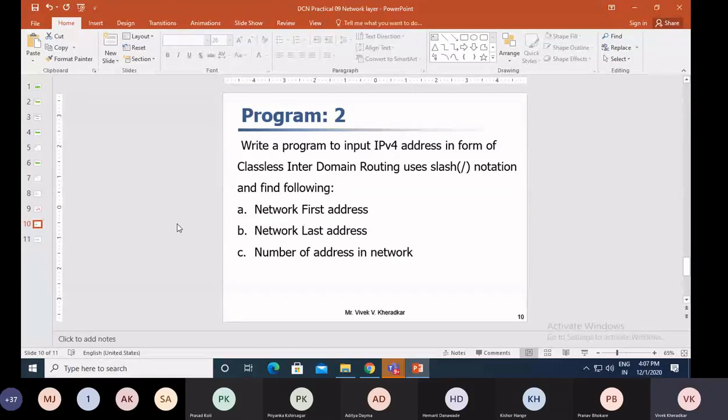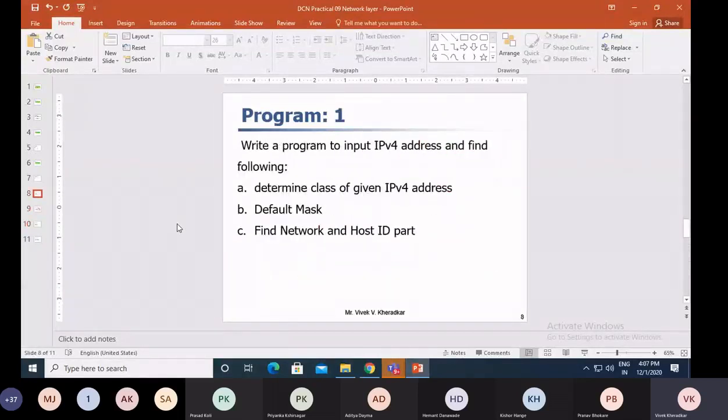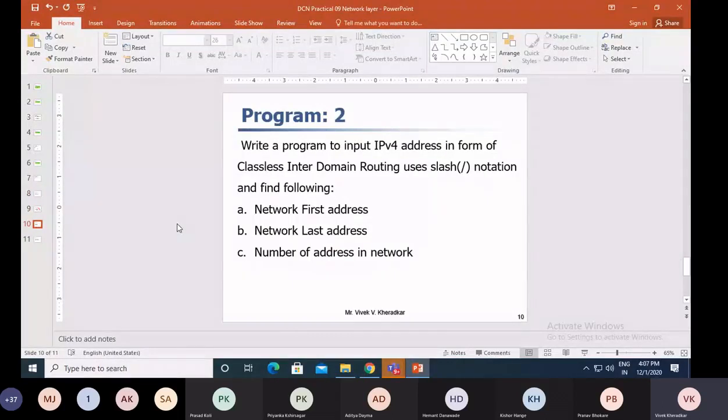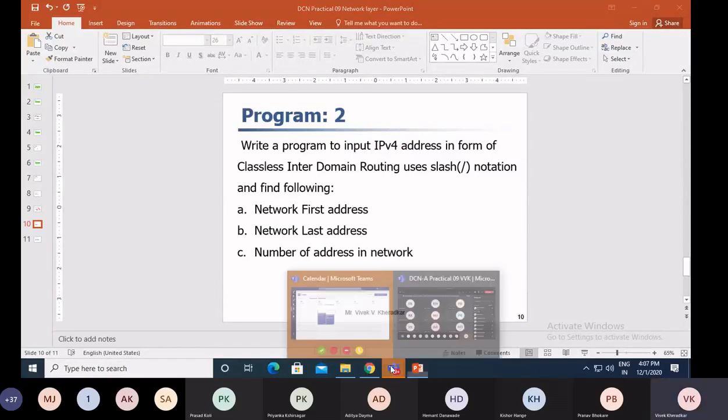But as per your requirement, you have to input the IP address. In the first program, inputting in decimal form is okay. In the second, you have to input in decimal and then convert into binary. So as per your requirement, you have to solve it. There are three ways to input the IP address, but you have to perform it only one time. IP is represented by decimal, binary, and hexadecimal. Yes, any doubt with this?